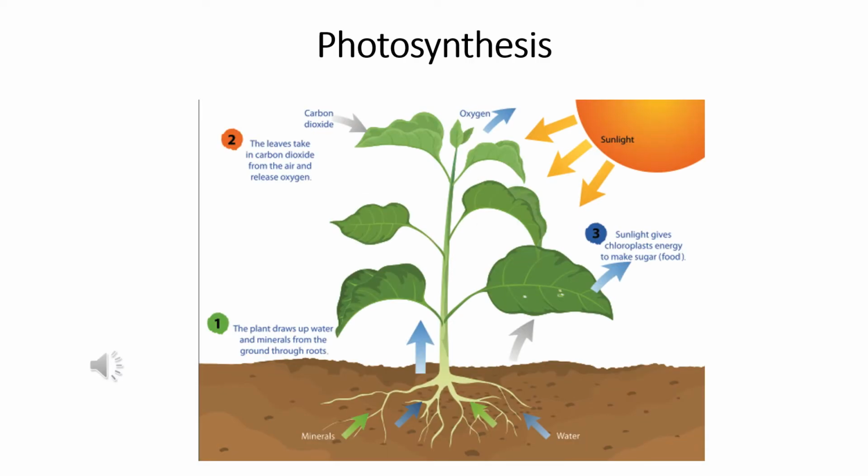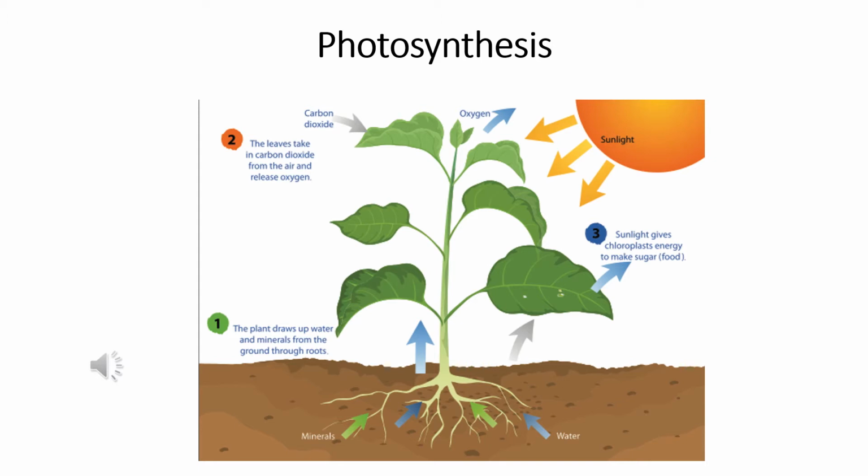Today we are going to discuss the mechanism of transport in plants and the structure of xylem and phloem, which are the main conducting vessels in plants. In previous classes you have studied photosynthesis, which is the mechanism of preparing food in plants. They use carbon dioxide and sunlight and the minerals and water that are absorbed by the roots from the soil, and they prepare food in the leaves that contain chlorophyll.